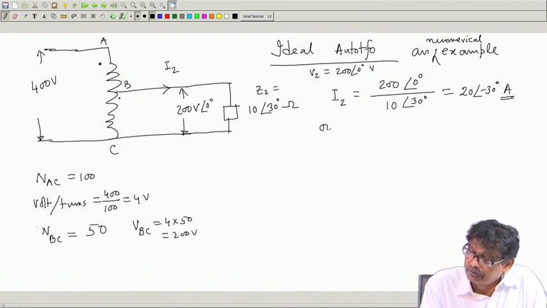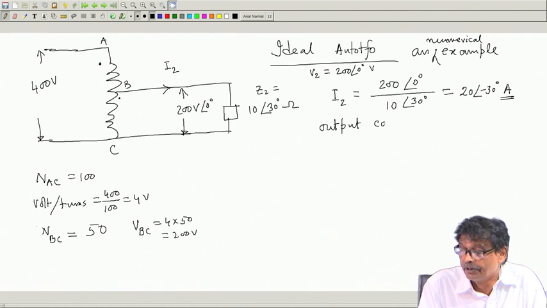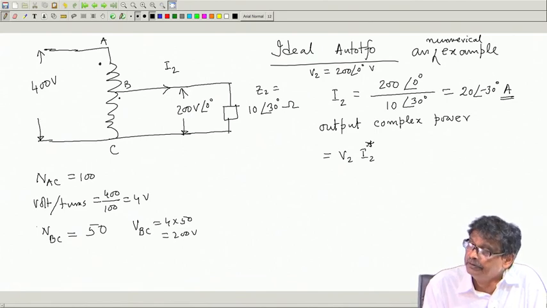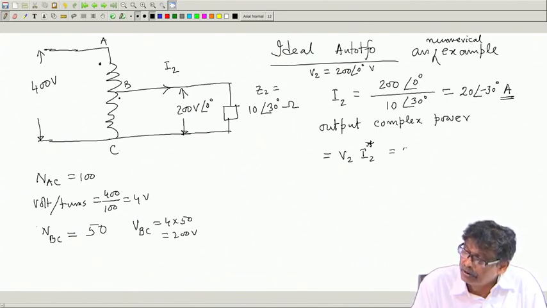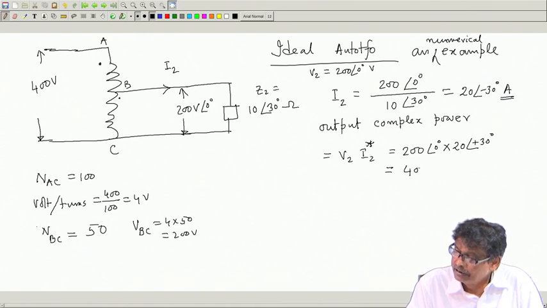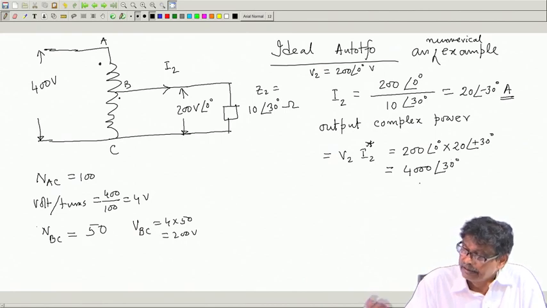Then output complex power is equal to V2 I2 star, that is what we will be doing. So, this will be 200 0 degree into I2 star, which is 20 plus 30 degree, is not. So, this will be 4000 watt plus 30 degree, that is the output